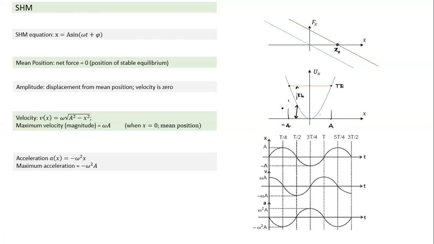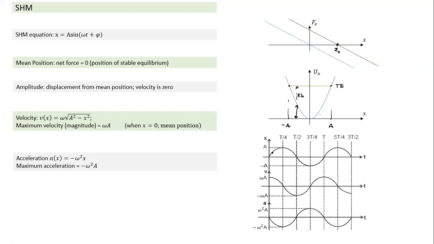And if we look at three parameters, this is the displacement, the position of a particle undergoing SHM. This will vary as a sine function. From here, we have displacement positive from 0 to T/2, then negative from T/2 onward. And if you look at velocity, what is velocity? Velocity is nothing but the slope of this curve. The slope of the curve here becomes zero, here the slope becomes negative. So the velocity-time function will be like this. It's nothing but the slope of this curve. And dv by dt, the slope of the velocity curve, becomes acceleration.